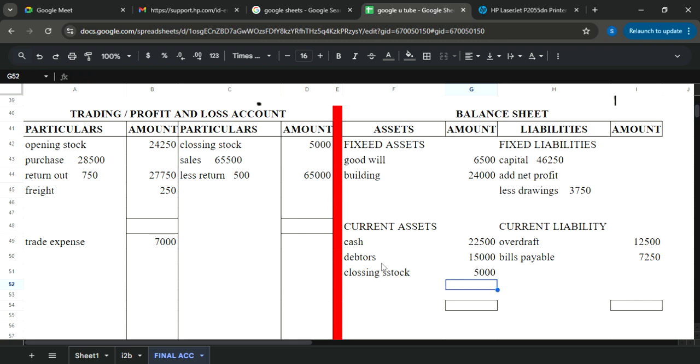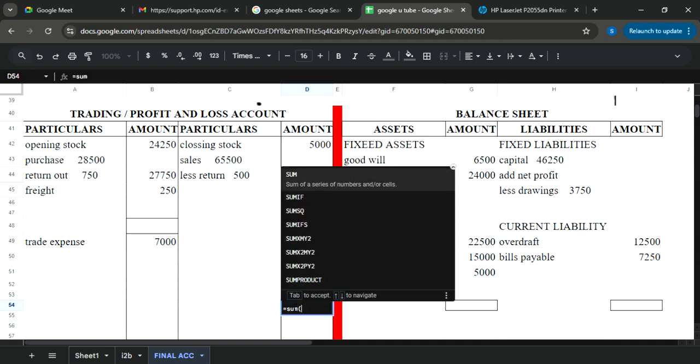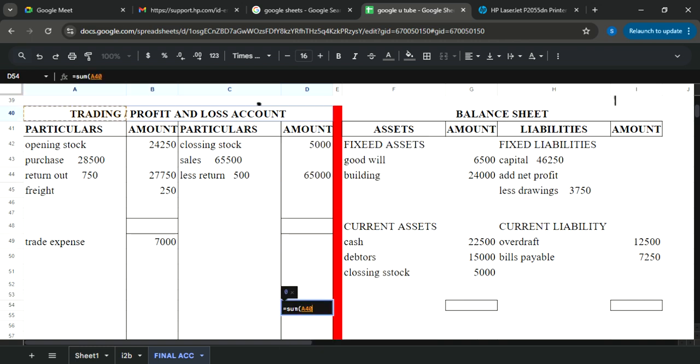Put. Now, are returns subtracted from sales? Return out is subtracted from purchase. Everything is completed. We are now ready to calculate our gross profit. First step is to take the sum of both sides. Here at the credit side, we do have two amounts